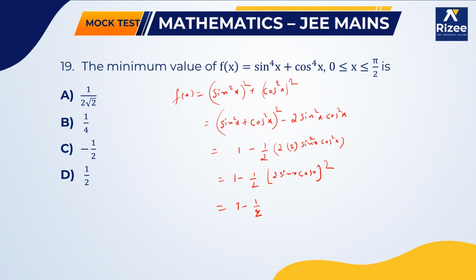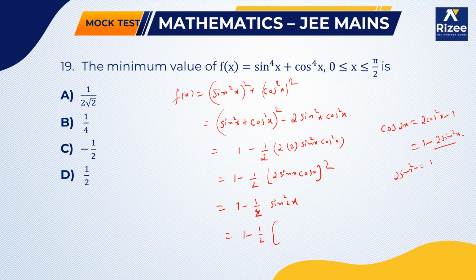But here the value is asked for x between 0 and pi by 2. So I am taking 1 minus 1 by 2 sin square 2x. Cos 2x can be written as 2 cos square x minus 1 or 1 minus 2 sin square x. Here from this I am writing 2 sin square x equals 1 minus cos 2x by